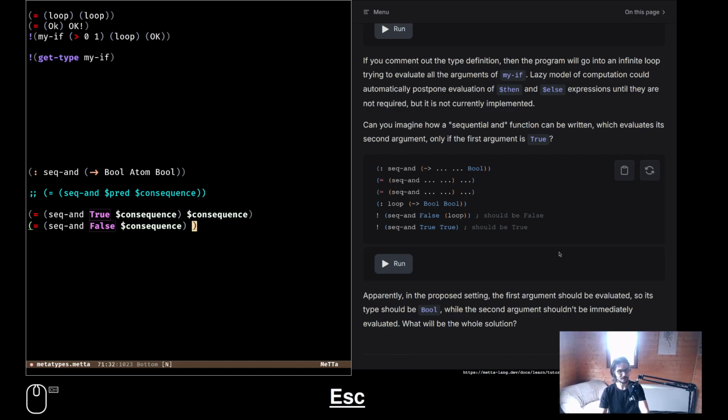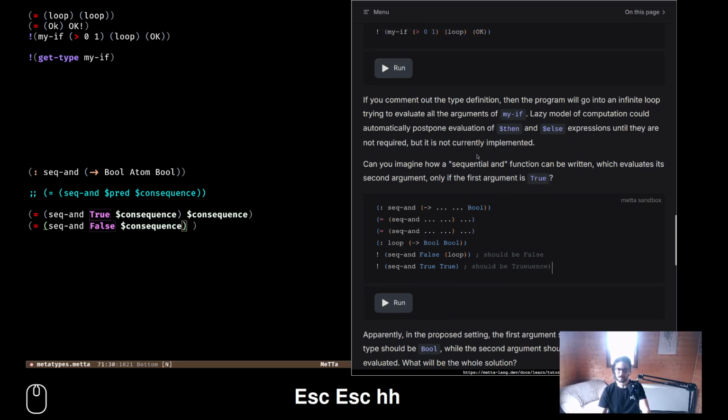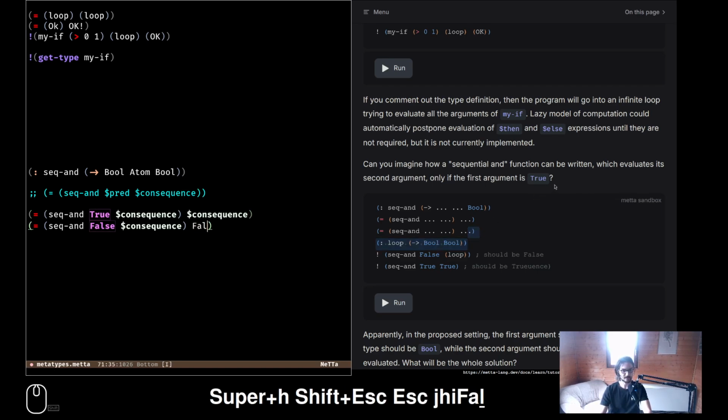So wait, one sec. Is the consequence something that returns a bool? Which evaluates its second argument only if the first is true. Yeah, okay, I guess this assumes that this is returning a bool. Okay, so here I can say false.